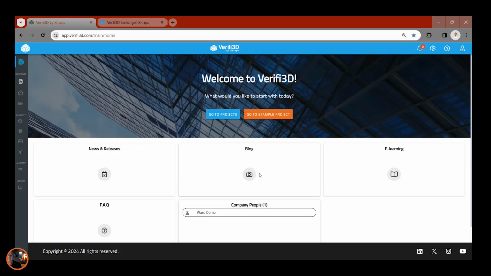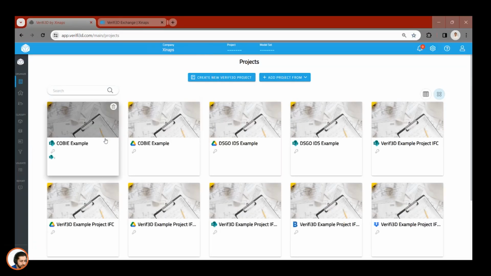As you can see, Verifi3D is a collaborative environment, so you can add your team members to your account, and you can just put them all in one environment where you can do model checking. So we're going to go to projects, and as you can see, I already have different models coming from different common data environments. You can just choose the CDE that you're working with, and then you can add your projects from there